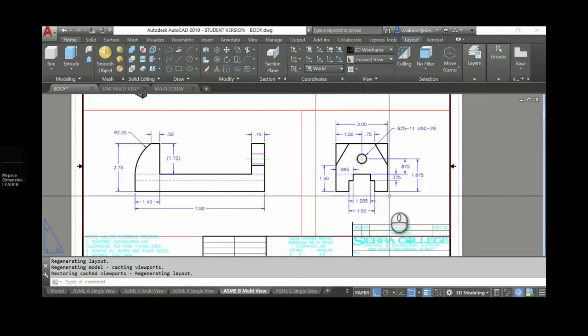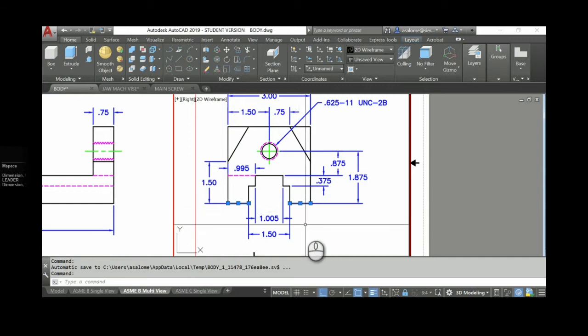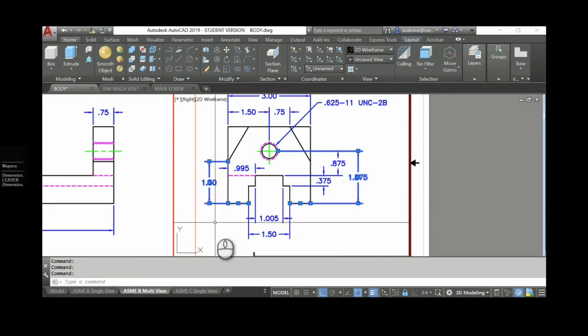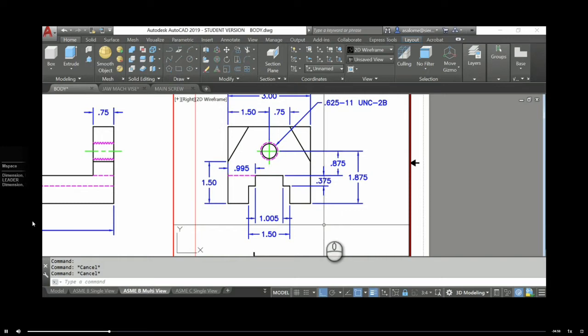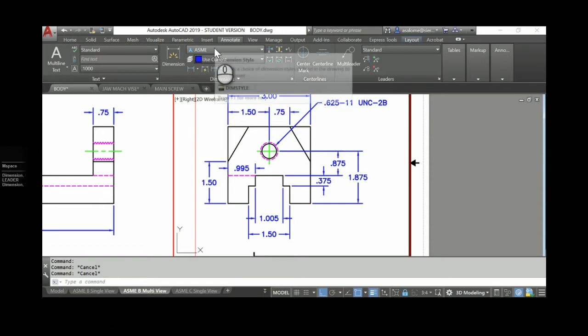So we decided we're going to place it in the right side view where we can see both surfaces, and we can place it either on this line coming down or on this line coming down or on this extension line as long as it doesn't line up with the arrow, or on this extension line as long as it doesn't line up with the arrow. Okay, now we have a little bit of work to do with the Dimension Style Manager before we place that symbol. So let's go do that. On the Annotate tab, I already have my ASME Dimension Style running.